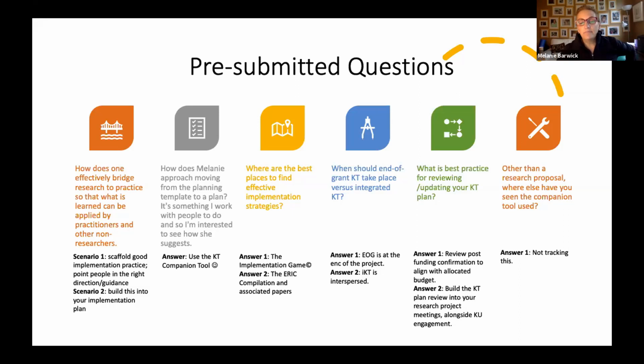The purpose of that meeting is to bring together a very selected, tailored group of knowledge users to have a conversation and engage in developing personas or user profiles for the digital version of the implementation game,